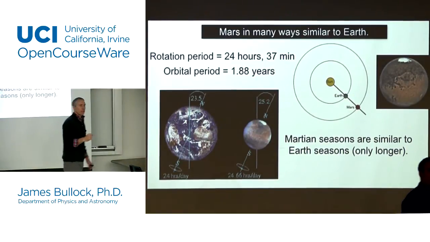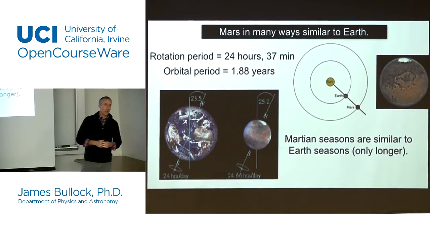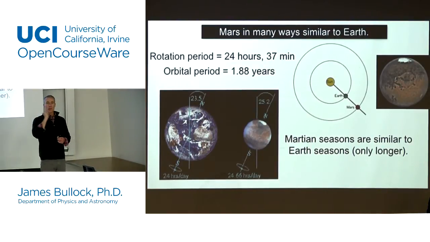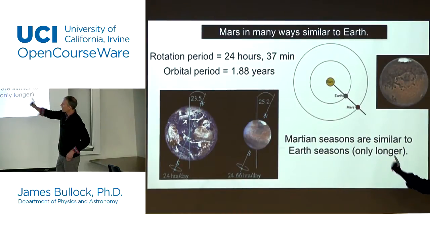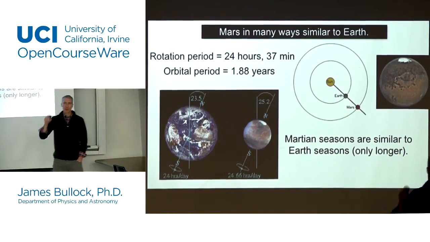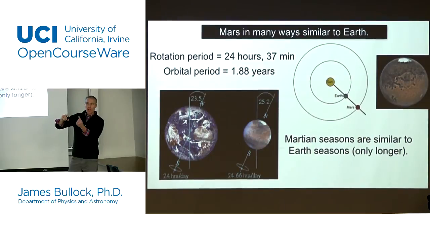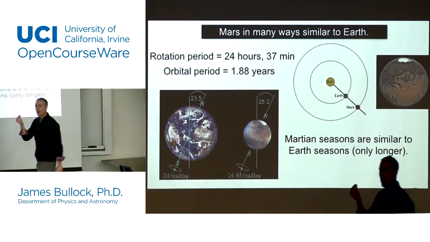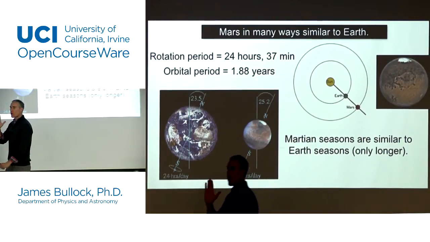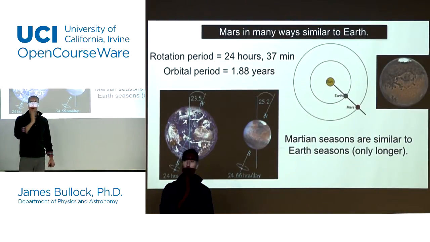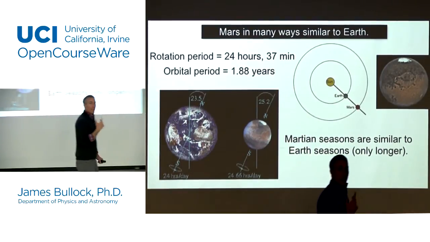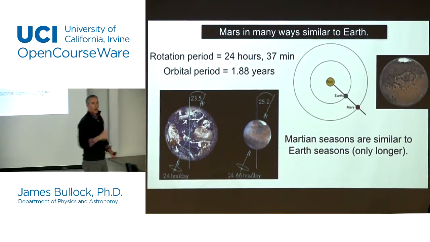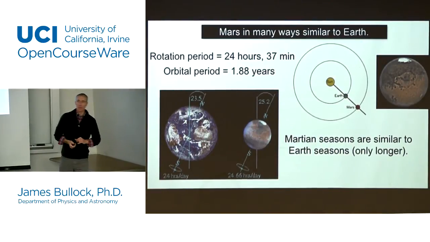Now, something that is a little bit different is Mars is farther away from the Sun than the Earth, and that means it takes longer to go around the Sun. So its orbital period is something like 1.9 years. So almost two, when the Earth goes around twice, is almost the same as when Mars goes around once. So it has a longer year. While Mars goes through seasons, its seasons are longer than ours, about twice as long, roughly, on average. Okay? So each day is about the same length, but the year is something like twice as long, a little less than twice as long.